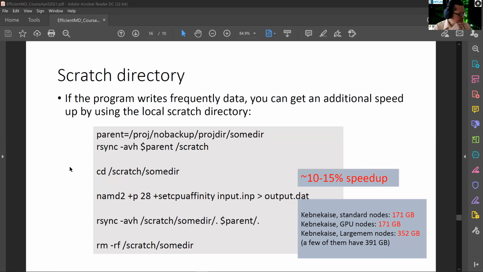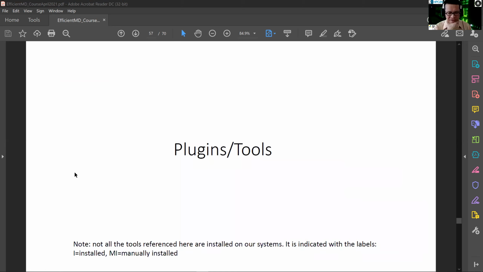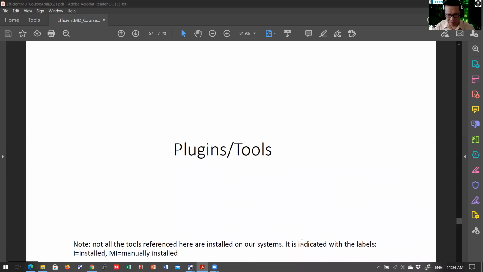Okay, that's it from my side. I had some information regarding the plugins and tools, and notice that some of them are not installed on our system. I installed them myself. I will not go on this part,